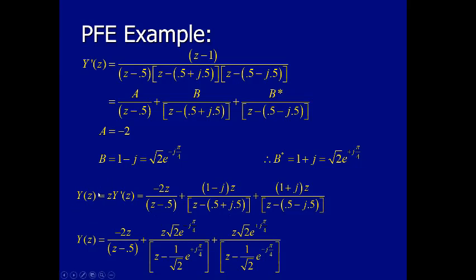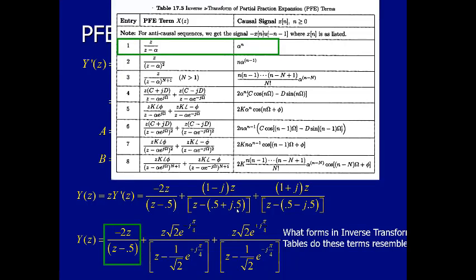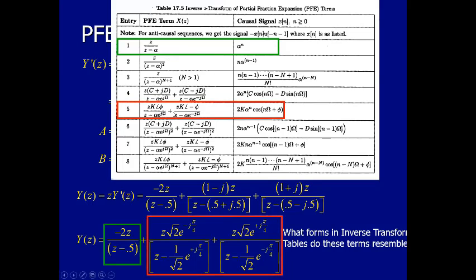To recreate Y of z, we multiply all those partial fraction terms by a z again. And we can either treat them in polar form here, or rectangular form, depending on which one we want to look up in the lookup table. The first term we recognize as a simple exponential term in the table. The second term, if we use the polar form of the coefficients in the numerator, it looks like the entry